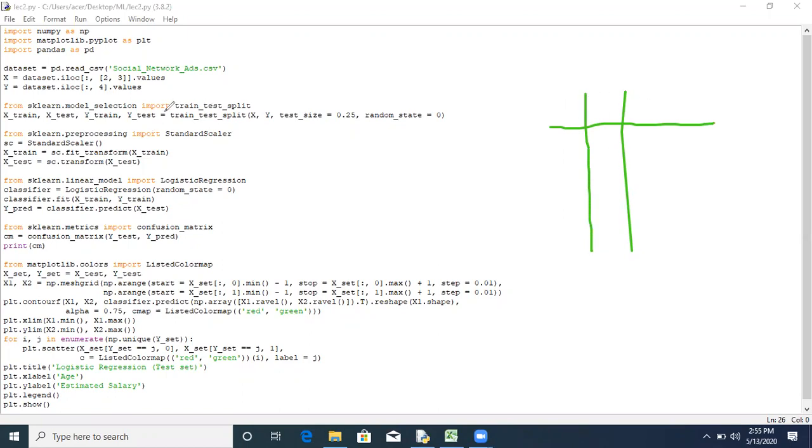Now in this case, column number 2 and column number 3 are the part of input x, and column number 4 is your output y. So these column 2 and 3 are nothing but your x, and column number 4 is y. So this is age and estimated salary, and whether the item is purchased or not. So the purchased item is nothing but your output.